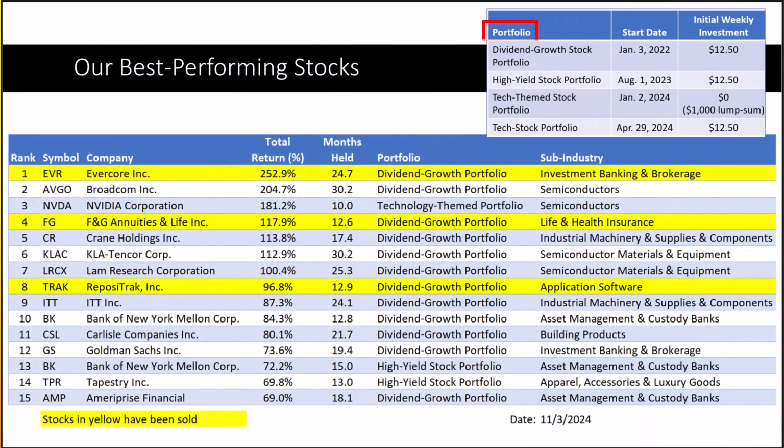Now, this slide shows our best performing stocks based on when they were initially purchased. This includes all four of our portfolios now, but as you can see in the upper right, the dividend growth stock portfolio was started much earlier than the other portfolios, which means the stocks in the portfolio have had much more time to see their prices rise. Therefore, this list of best performing stocks thus far will be dominated by a dividend growth stock portfolio, at least